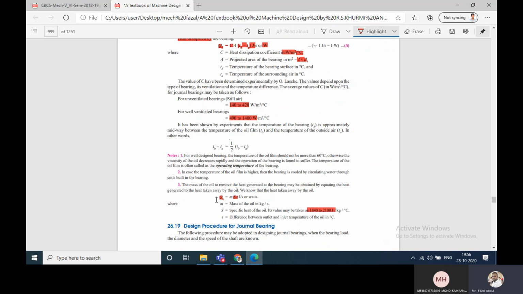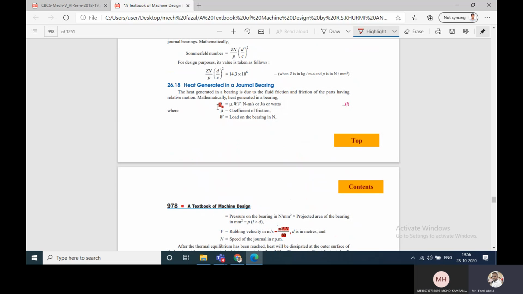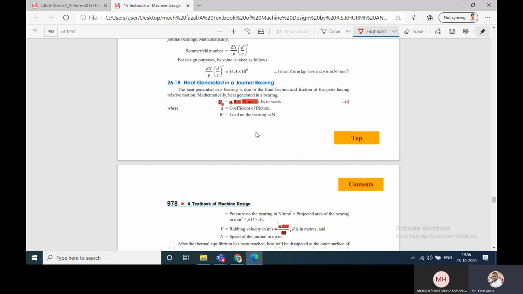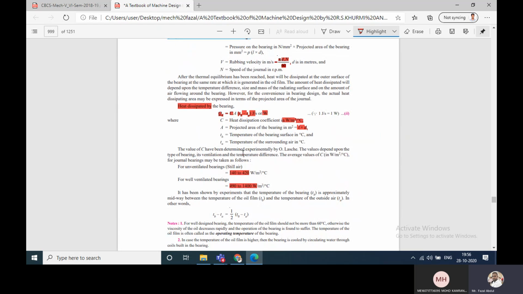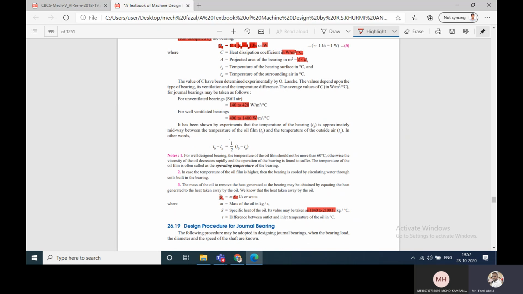Now, what is the use of this equation? Because of the continuous rotation of the bearing, this much heat is generating in watts, and because of the material properties and other criteria, this much heat is dissipating to the outside. Still, because of the continuous rotation, some heat will remain inside the bearing. That is the QT that we are equating to the MST. MST is additionally supplying lubrication from the outside. How much lubrication are we supplying?